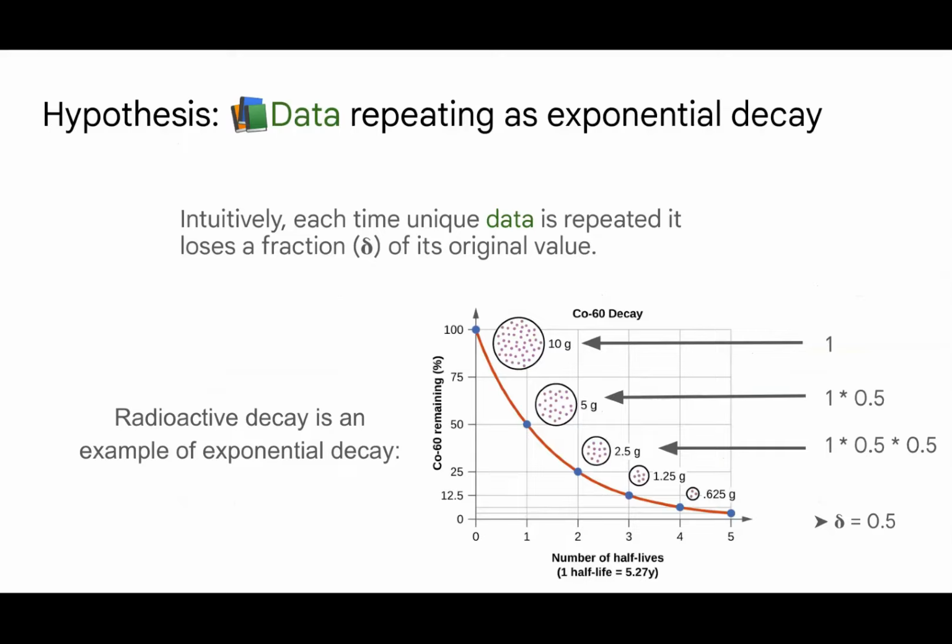And because of the large drop-off in loss with too many repeats, we hypothesized that repeating data could be modeled with some form of exponential decay. Each time we use a data point, it loses some fraction delta of its original value to the system. Intuitively, if it's helpful, you could think of this like radioactive decay, where each usage of the data represents some half-life of its original value. As the data is used more and more, its value to the system decays. Since using the data costs us flops, its underlying value becomes almost nothing over time.